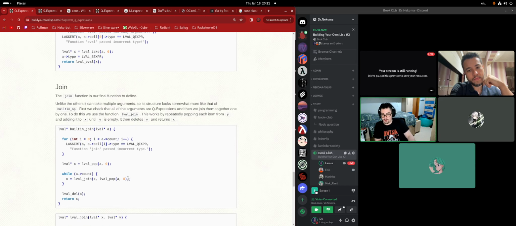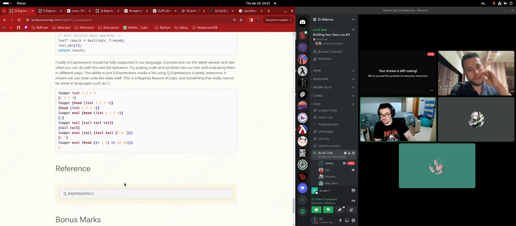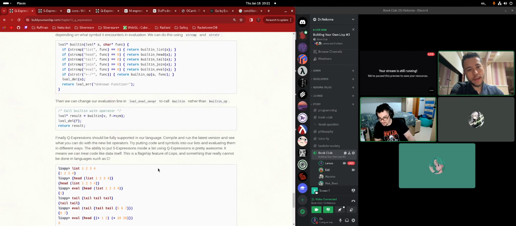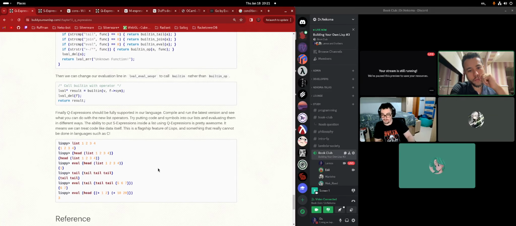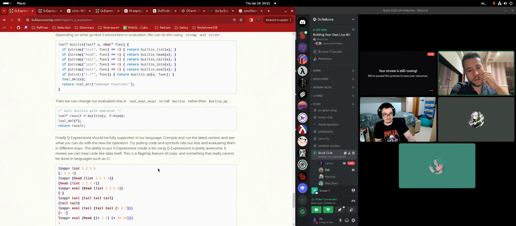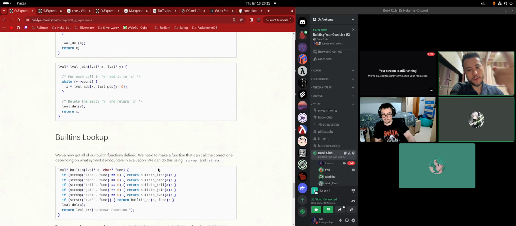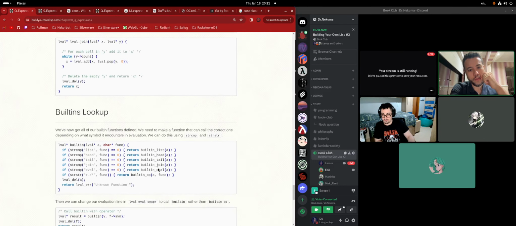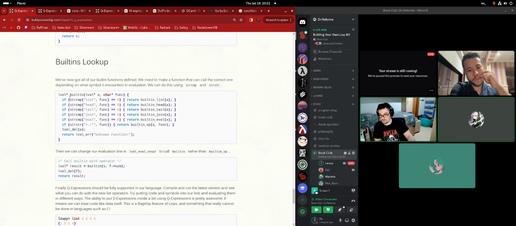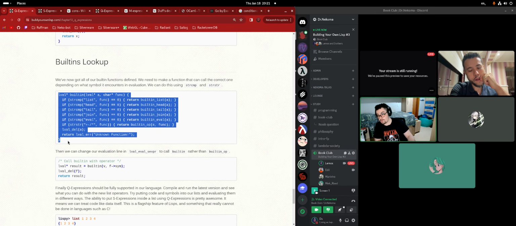And then there's the join. The join is the one that combines multiple Q expressions. And for some reason, we don't have an example, which sucks. That was not something new to come. It's something that we wrote in the previous chapter. We already have it from the previous chapter, we're just changing the ones that we call in there. That's right.